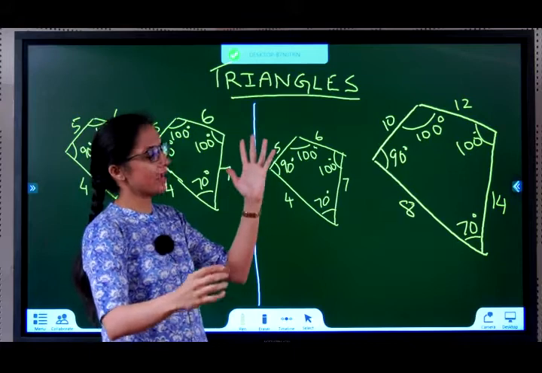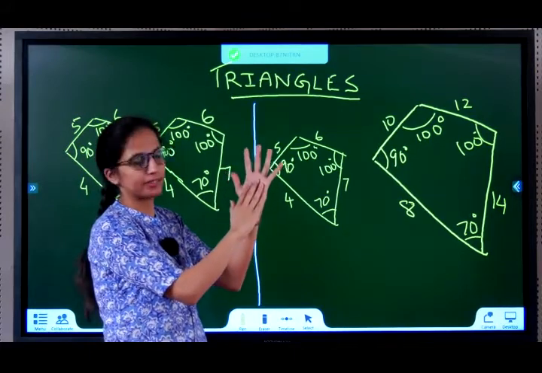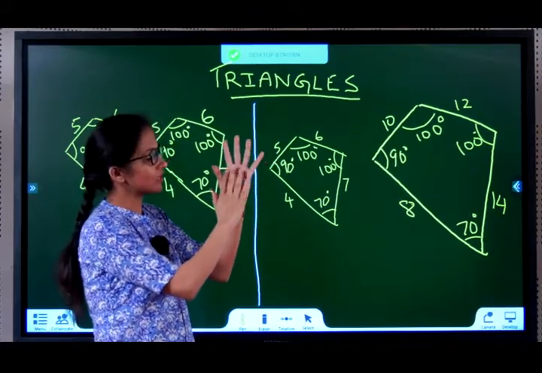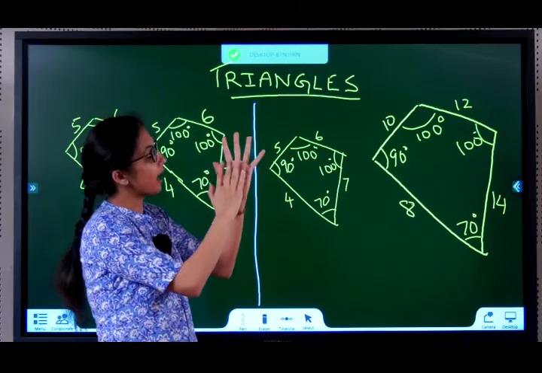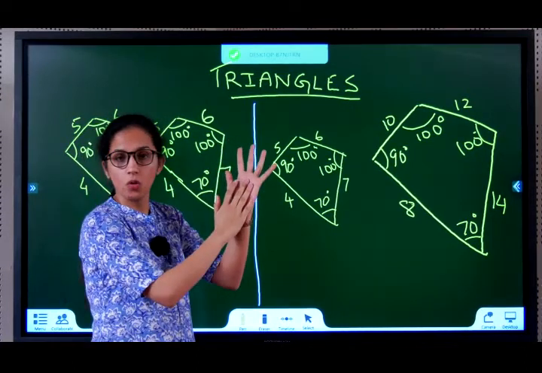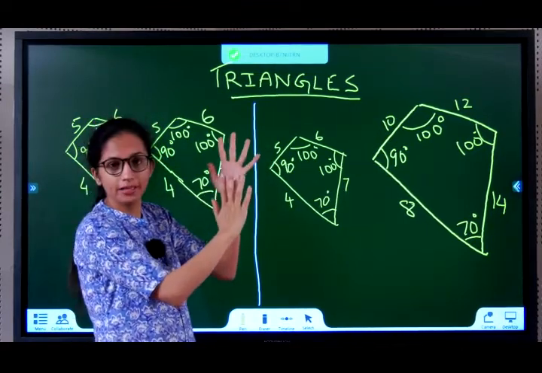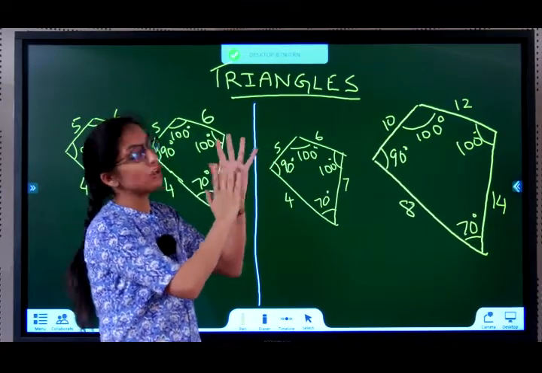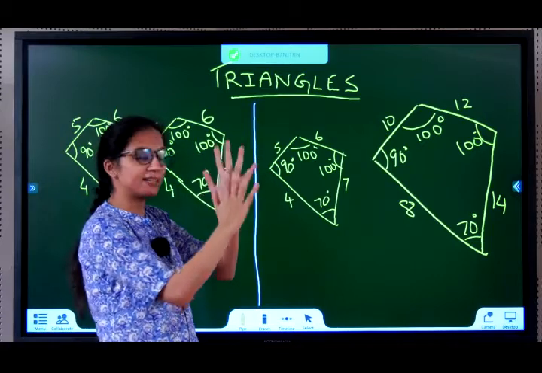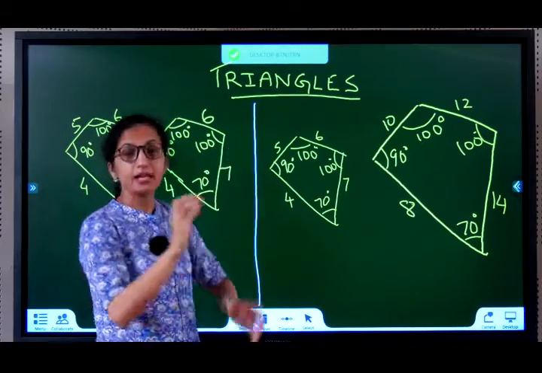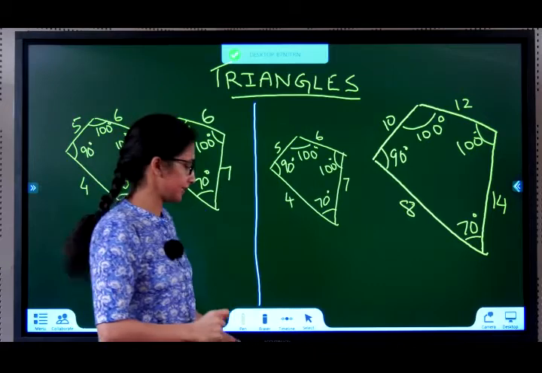If I keep my hand and I bring a baby's hand and keep it here, then these two hands, are they exactly same? No. But are they similar? Yes. Why? They look same shape, same geometry. So, similar figures are basically different sizes of the same type. Congruent figures are exactly same.